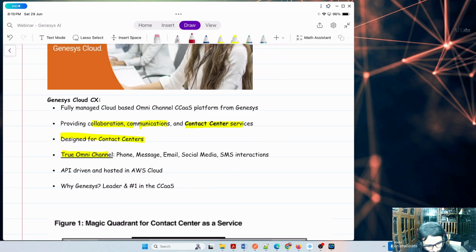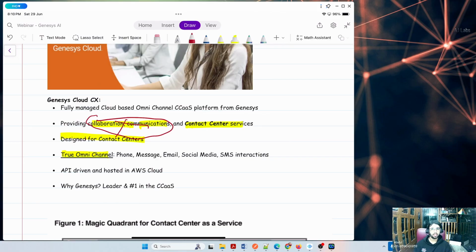Yeah, so I have seen most customers don't take these functionalities from Genesys. They don't take collaboration and communication from Genesys. They only implement the contact center solution. The reason I pointed out they have collaboration and communication is that I can internally chat with users. I can log into my web interface or Genesys agent interface, which I will show you, and chat with other agents, internal colleagues. But that is not up to the mark. The collaboration and communication functionalities of Genesys are not designed for that.